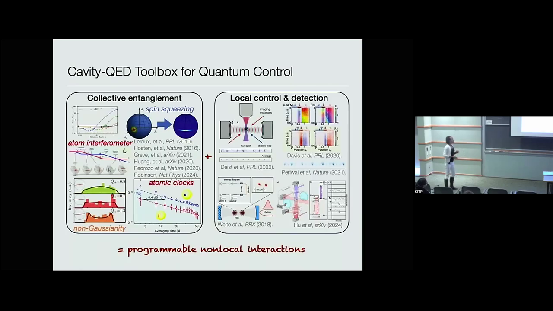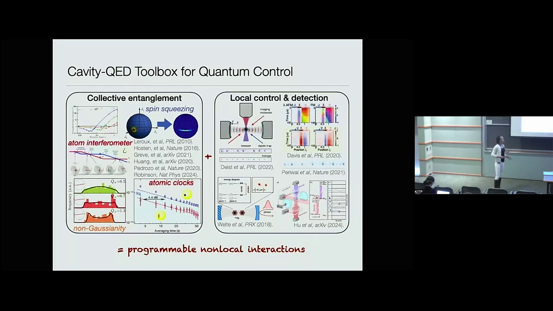And so in some sense, I think of this as merging two sets of tools. One is this very well-established toolbox for generating collective entangled states by having many atoms talk to a single mode of light. And James may have told you about some of his work on, for example, making states that are useful for atom interferometry. This is well-established also for starting to, at least at the proof of principle level, enhance atomic clocks. So this is a very powerful toolbox for entangling many atoms at once in a scalable way. For example, squeezing the quantum fluctuations in a way that's useful for metrology.